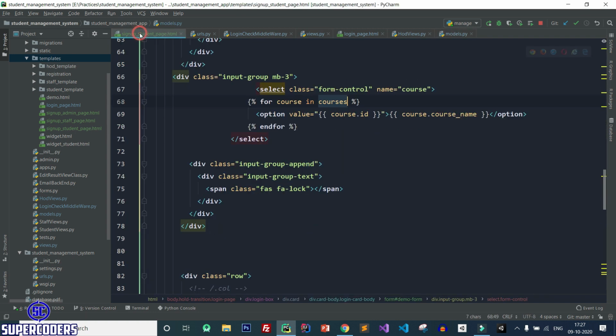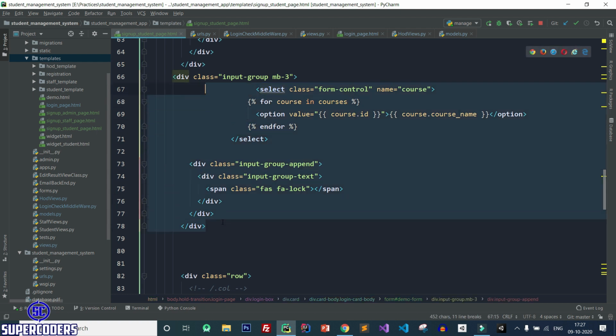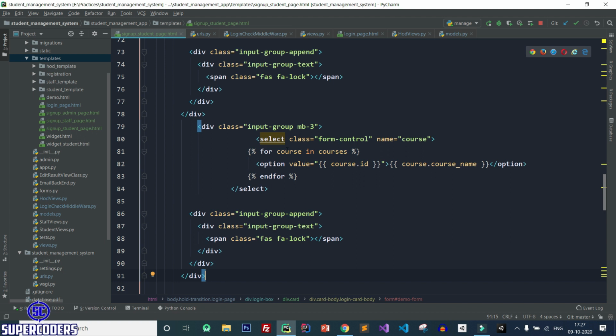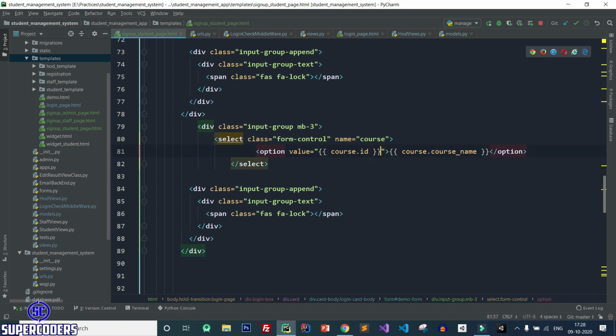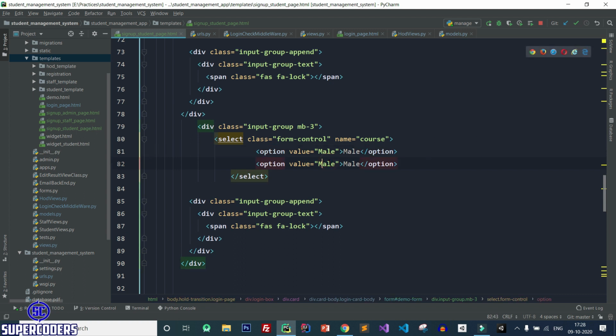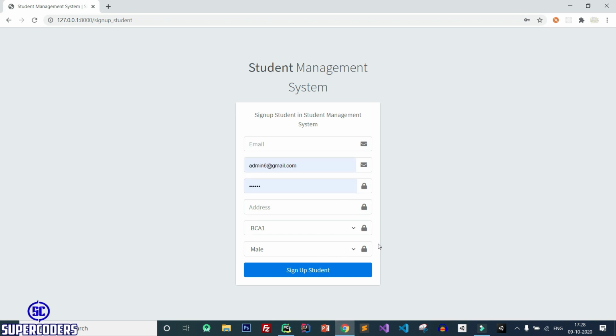So again just copy the same code, and this time instead of profile pic, remove it, and change this to male, copy this, female, change this to sex, save it, back to Chrome, refresh page. So it is showing gender also.